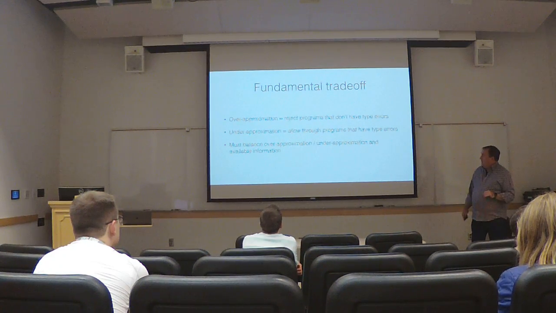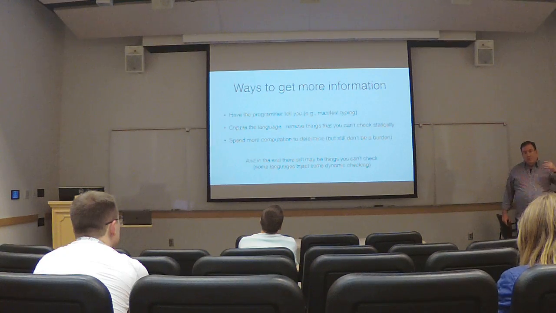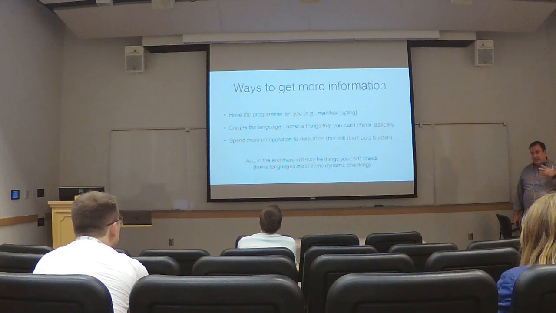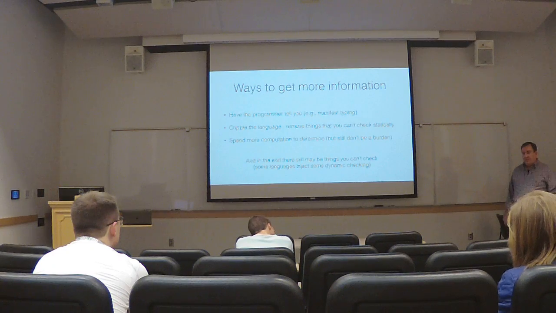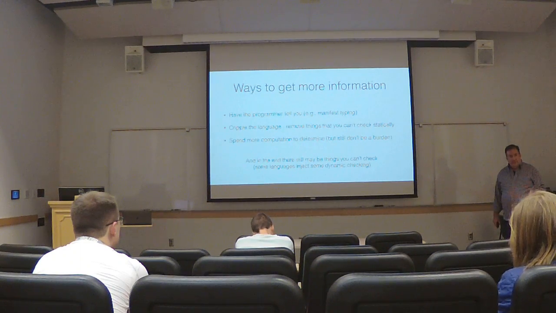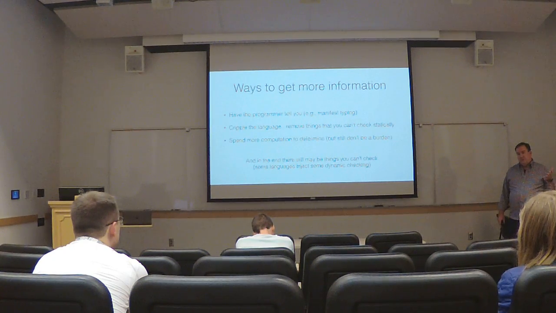Right, so how can you try to do it? Well, one way is get more information if possible. One is have the programmer tell you. So there's manifest typing that we talked about before, which says I'm going to declare the type of every variable, I'm going to declare the return type of every function, the input type of every parameter, and so on. That can be a lot of extra work for the programmer,